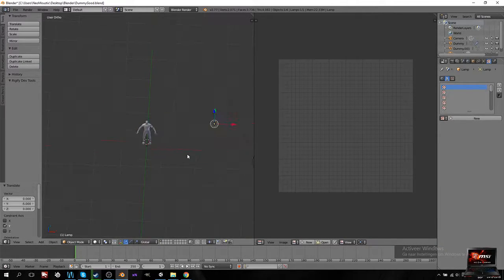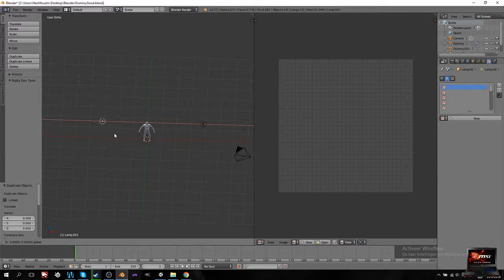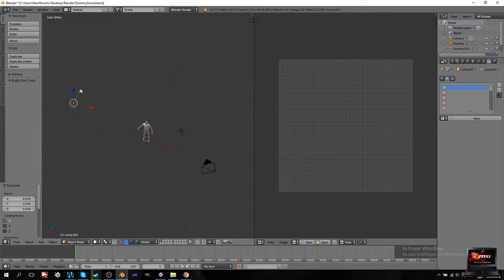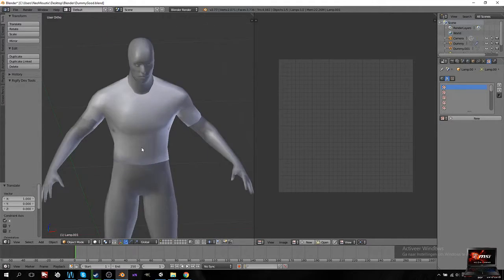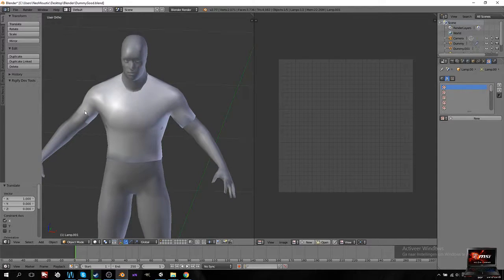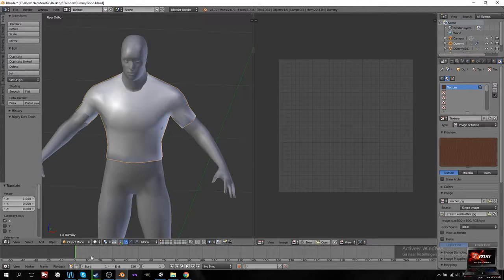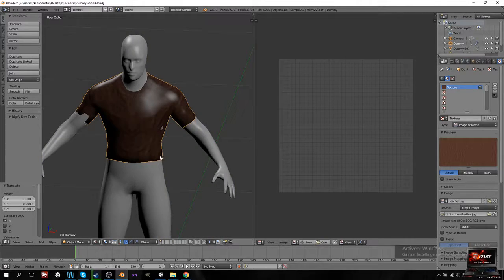So one light over there. I want to have a light in the back as well, so I can at least see what I'm doing. No, that's the wrong one. So I can see the back of my character. Also, as you can see here, it goes through the character at the sides as well. If I go to material,